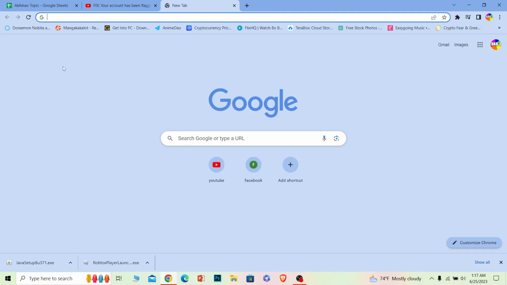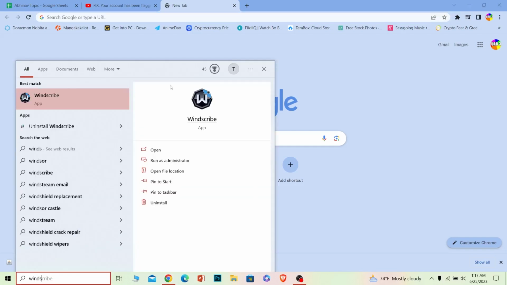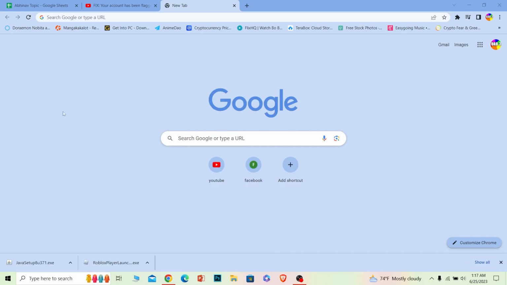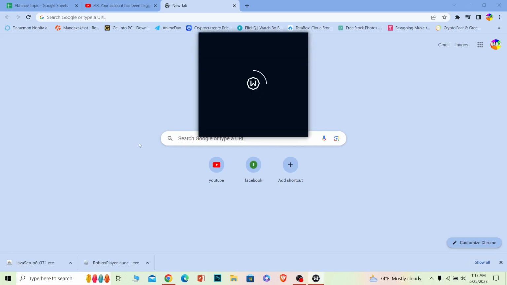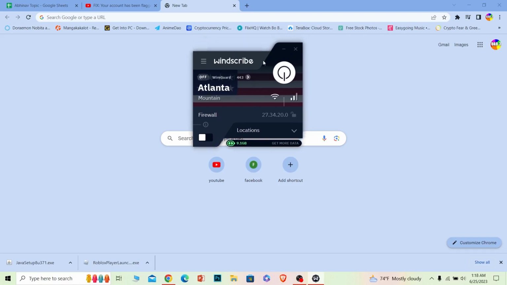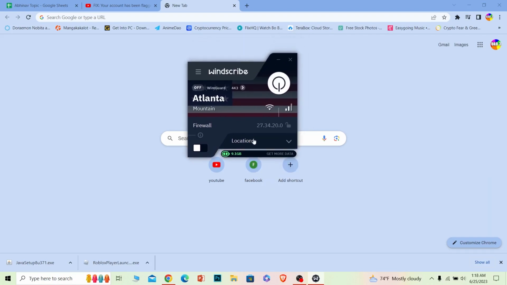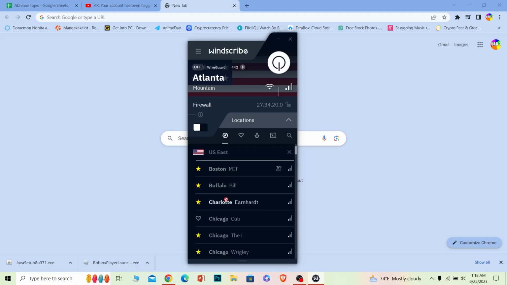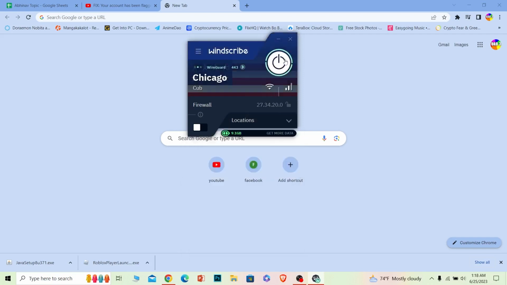If it's still not fixed, the next thing you can do is use a VPN and connect to another country and try to access ChatGPT. The VPN I use is Windscribe. It's a free VPN. It gives you 10 GB free data per month, and 10 GB is more than enough for you to just log in to ChatGPT. Just open this and click on location. Choose any location you want from over here. I don't have the premium, so I can't use the starred one. So I will just click on Chicago and it'll connect to Chicago, and then I can go to ChatGPT